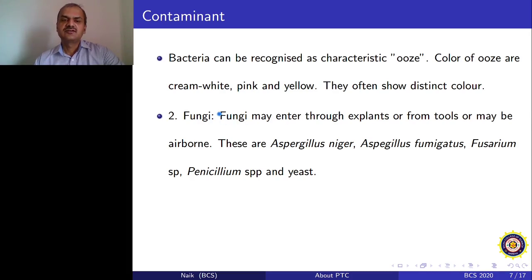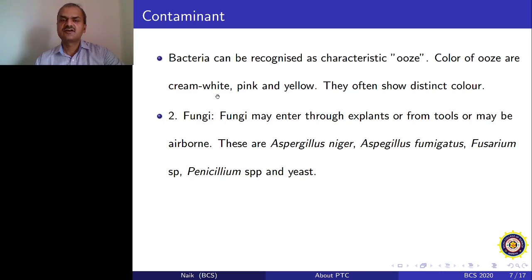Now, if you have a lot of prevalence of endophytic bacteria, then you should use a very minor concentration of antibiotics, but you also have to make sure that antibiotics do not influence the growth of your explant. Again, you can use certain antibacterial compounds as well, but always make sure that they do not influence your explant growth. Another contaminant which is commonly found with the explants are fungi.